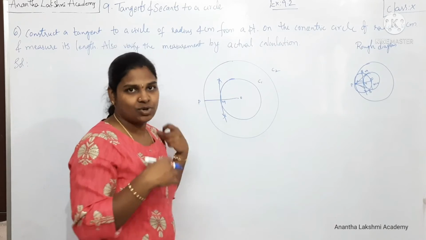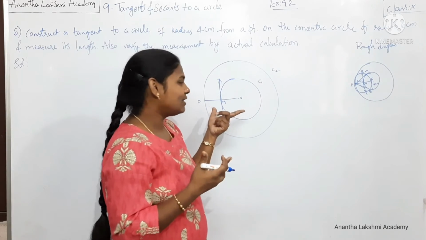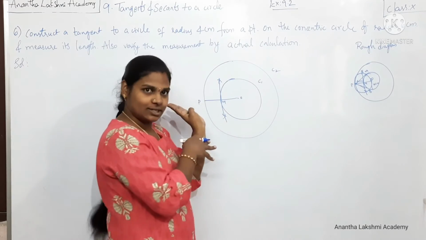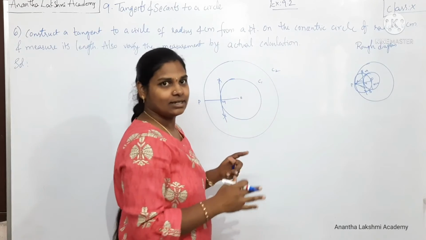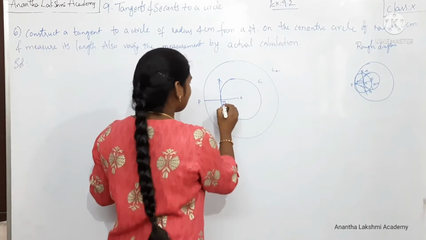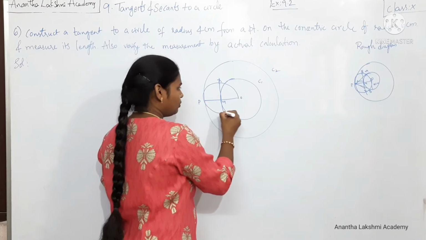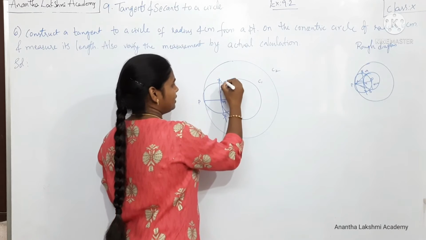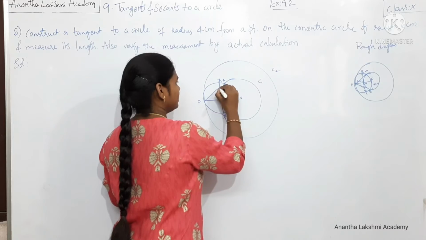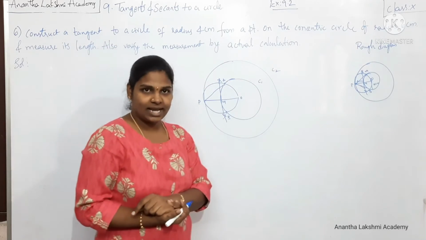I'm just drawing this in as I do not have the exact measurements. The perpendicular bisector may fall inside the circle or outside the circle also. I'm just drawing it by vague measurements, okay? So with PM or MO as radius, I'm going to construct one more circle which intersects the existing circle at two different points. Join PA and that is the required tangent.